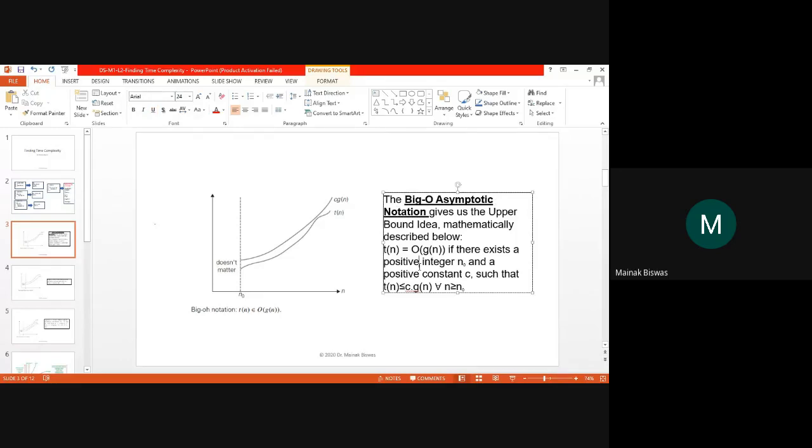Now I think your idea about big O asymptotic notation is very clear. Very important, this will haunt you all your life, because every product manager, every project leader, every senior coder will always ask, what is the time complexity of your code, and you will say its time complexity is less than n square.